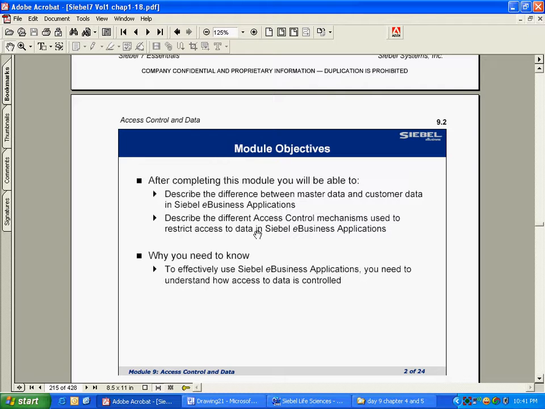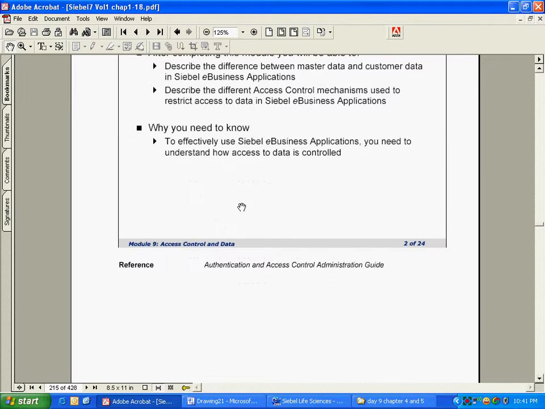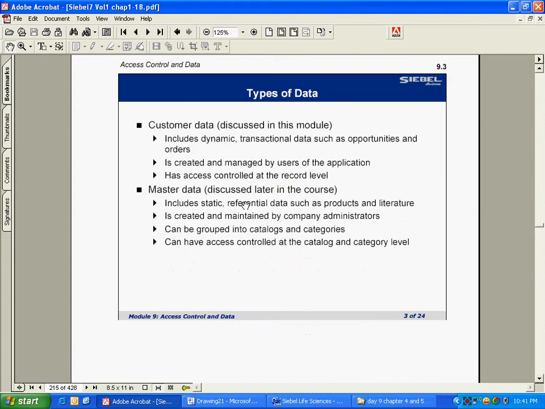Now we'll come to a very important concept called master data and customer data. Let's see how soon you understand that. Okay. This is a very important concept. There are two types of data, agreed, but there are multiple types of things that we need to discuss in order to understand all this. Okay. See.